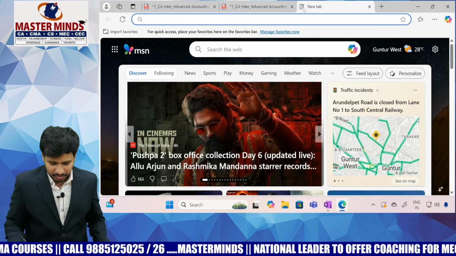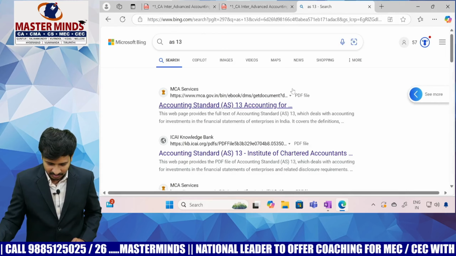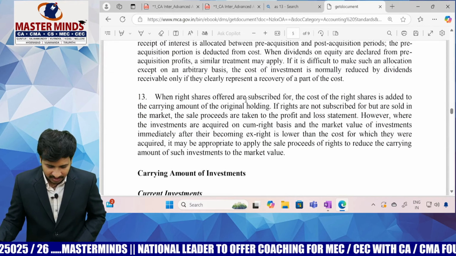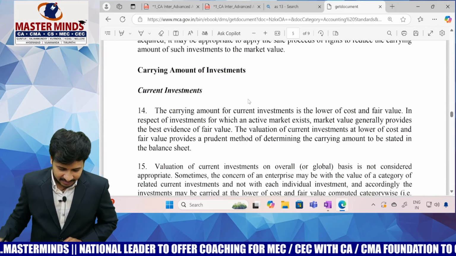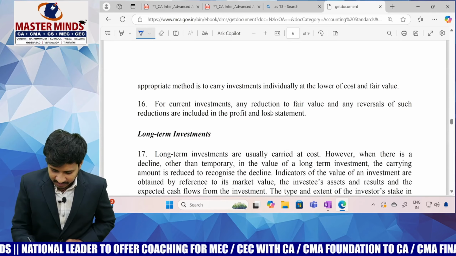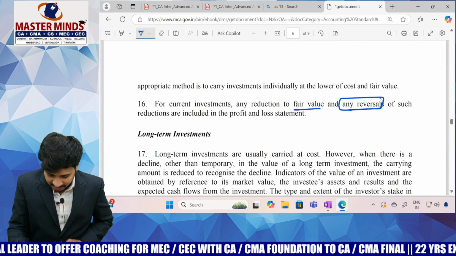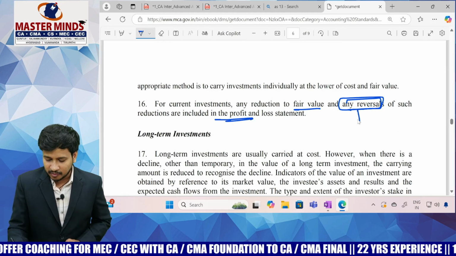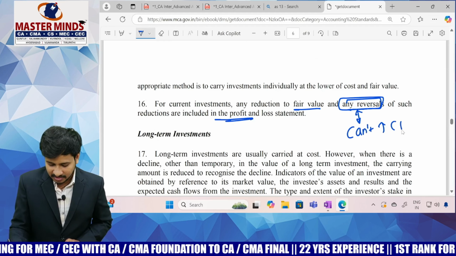So let me show you the actual provision. Accounting Standard number 13, where the valuations are. Current investments valuation: for current investments, any reduction to fair value and any reversals of such reductions can be included in the P&L account, but it should be a prudent estimate that the reversal can't increase beyond the cost